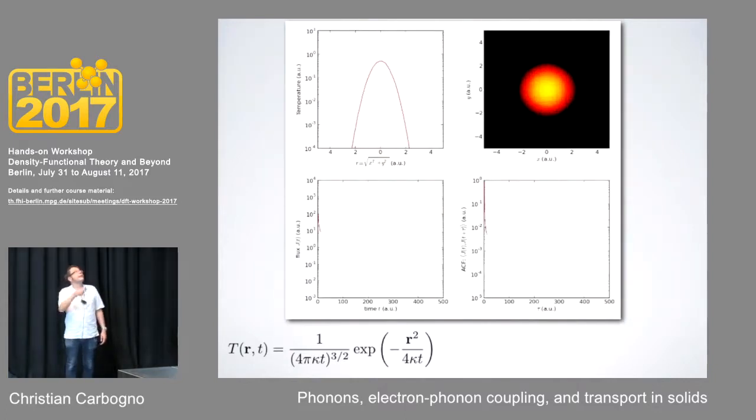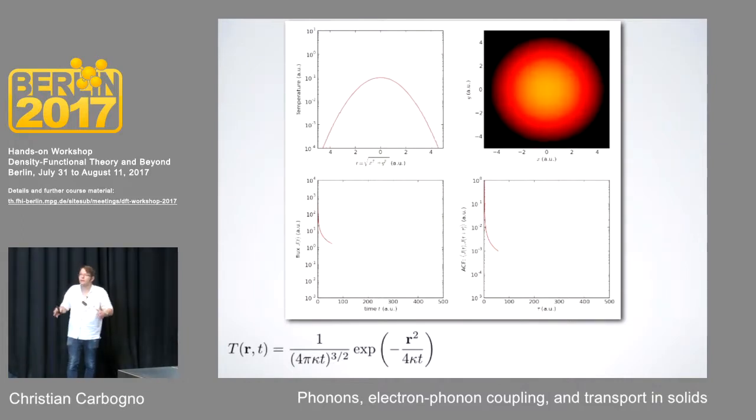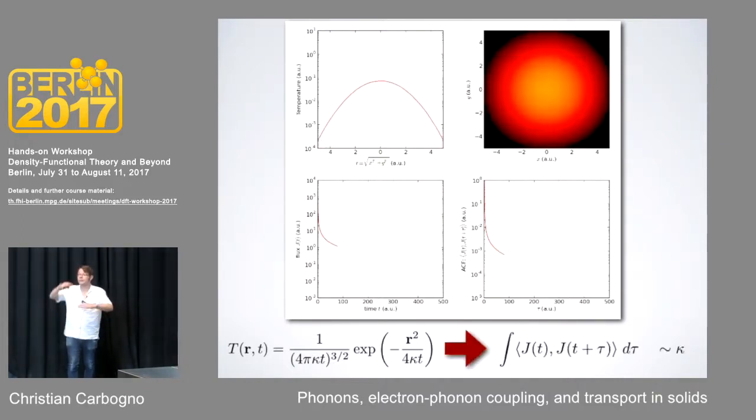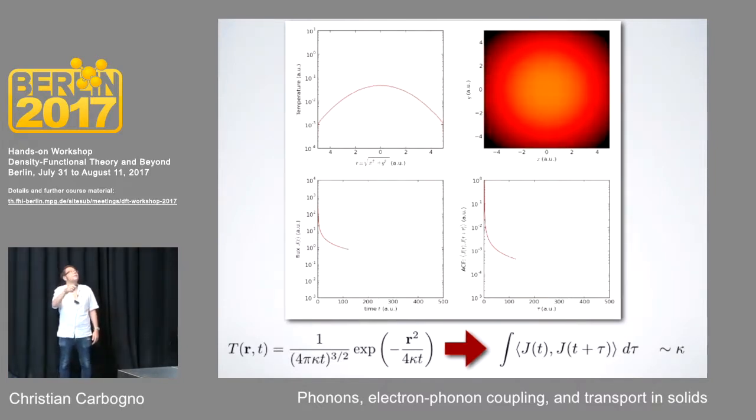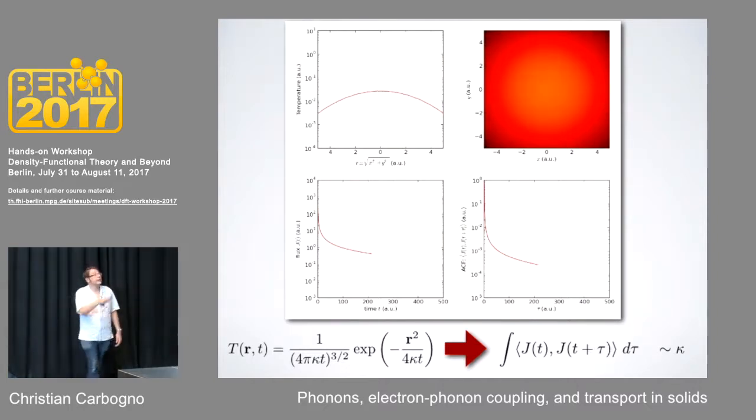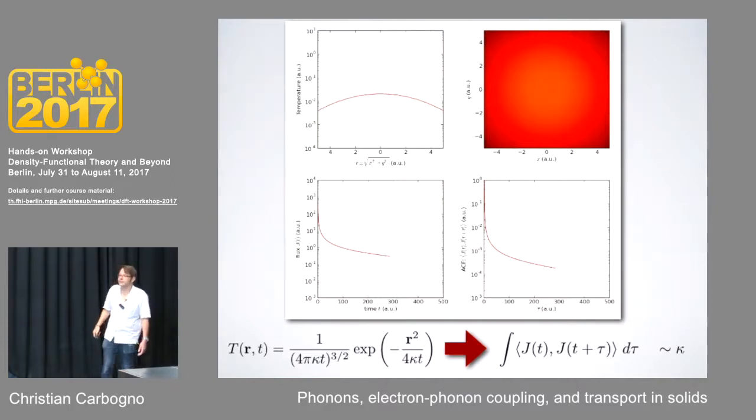And what you would see is obviously that such a temperature distribution is described by a Gaussian that gets broader and broader and flatter and flatter. And if you look at the flux, the average flux in the volume, you see that this would decay down. And in the exact same way, the autocorrelation of the flux also gives you such a decaying function. And if you would just solve that for this kind of expression, you would see that this is exactly proportional to the thermal conductivity. And in this macroscopic case, this is very simple.